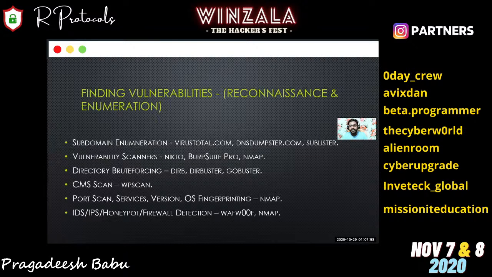Kali Linux has a wide range of tools, and not only Kali, Parrot also. Kali and Parrot have many predefined tools, so you don't have to install any tools from third parties. Most of the tools are predefined in Kali Linux itself, so you should definitely try them.